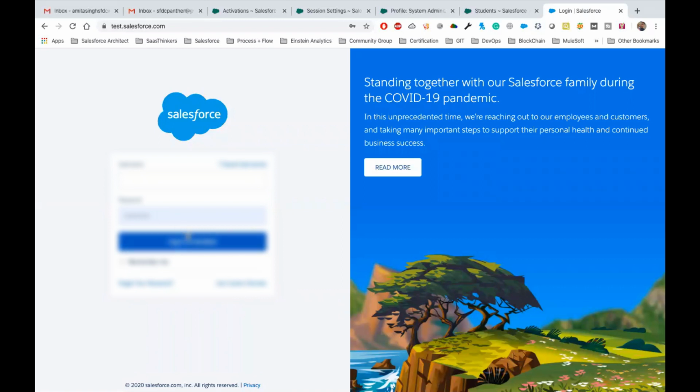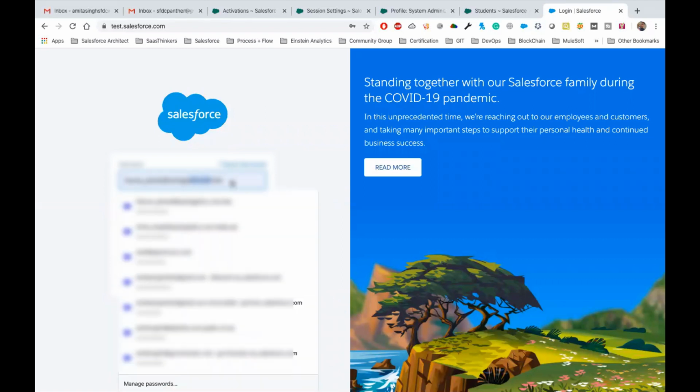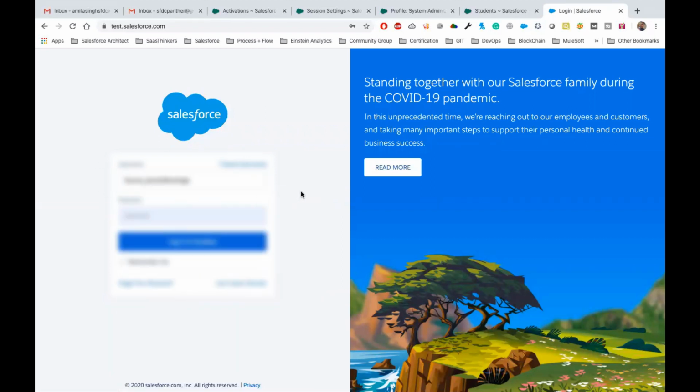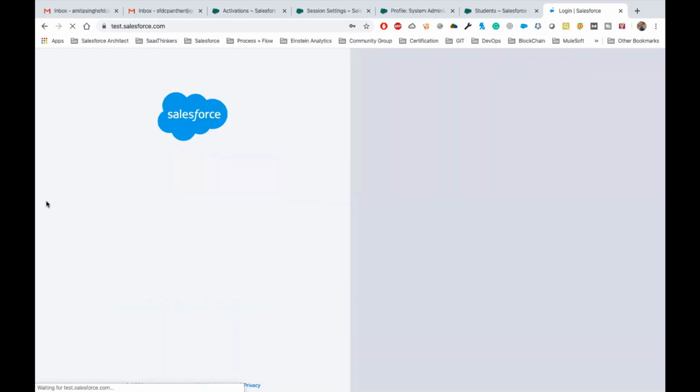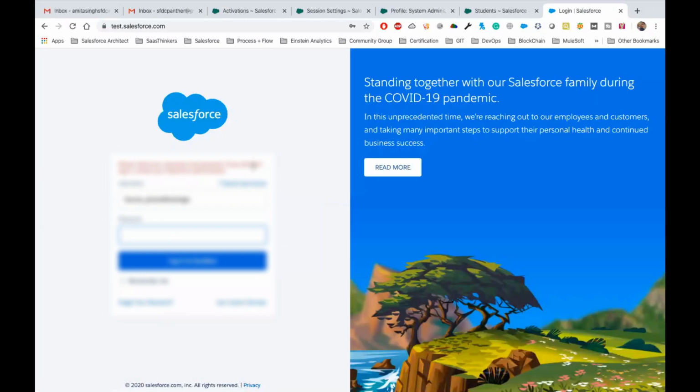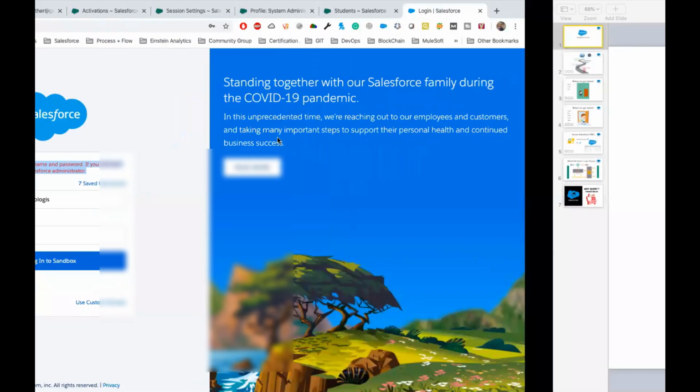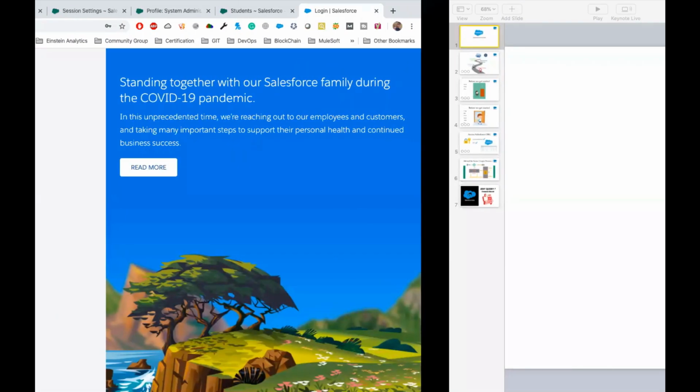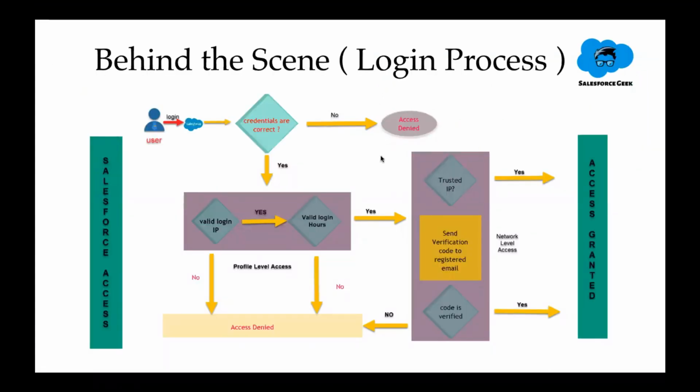And once you hit this button, that is, log in to Salesforce, let's say I provide an invalid user that I wanted to use here. If I try to log in, you can see that we are not able to log in to Salesforce. If credentials are incorrect, it will directly say access denied. That's what we saw. There is no other combination for that, nothing else happens behind the scenes. If credentials are incorrect, that means we are not allowed to access. Now, if credentials are correct,